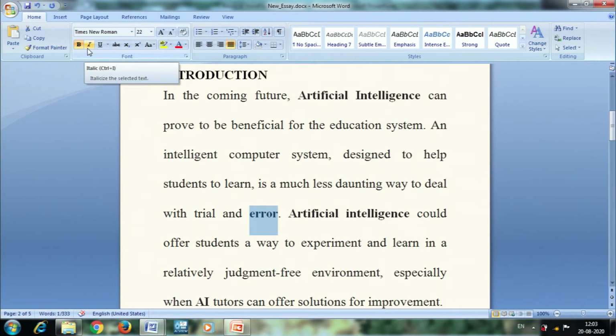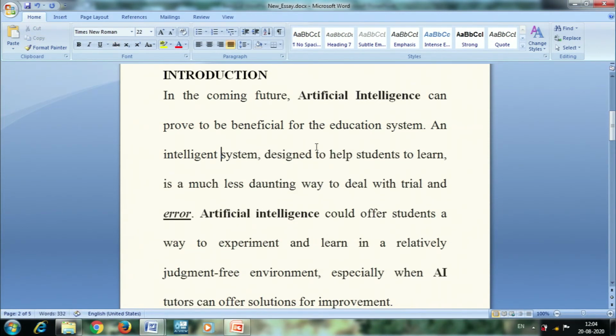Here, if I keep it on this one, it is for italic, so it shows italicize the selected text. So, I can make my content italic, and I can also add underline to my content. If I click U, I will get an underline. This is about strikethrough of my content. Suppose I felt this word I didn't need in my content, I can just make it strikethrough. I can also delete by using the delete button. If I press the delete key, my text will be removed.